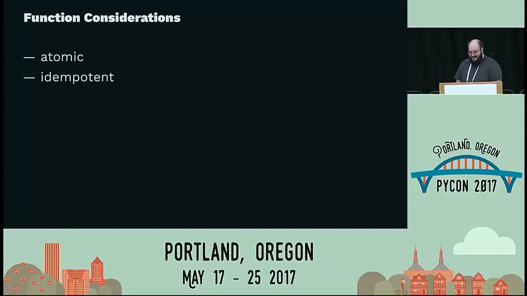Finally, the second part is we need our functions to be idempotent. I say that hesitantly because I'm from Tennessee, so we like to slur our words a bit. And again, skipping the CS view, it really means that if I run the same function twice on the same piece of data, I will get the exact same result, right? This is not always a thing. Often our functions have side effects or they do something mutable. Let me give you a good example of this. How many of you commonly in your function code will just set something equal to an empty list and just move on with life, right? I've done that a bunch.